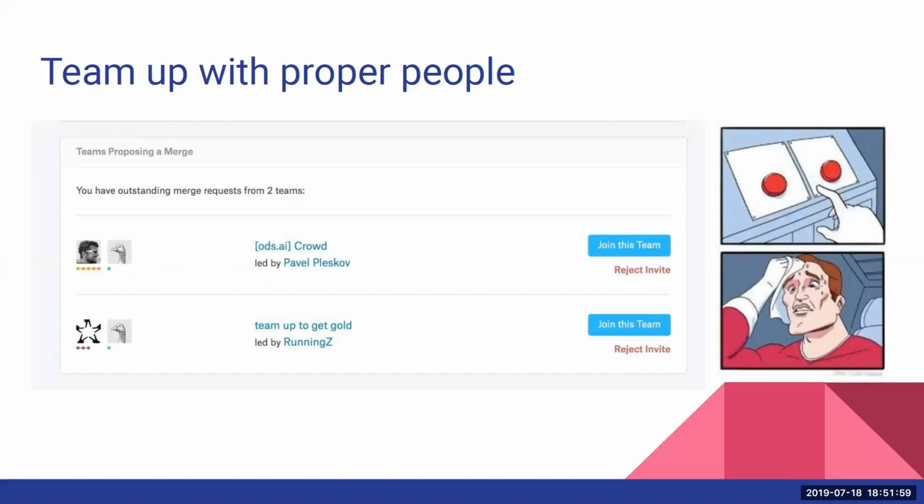About teaming up with the proper people. This is a very nice slide, to be honest. It happened in the very last competition. I had a couple of teams that sent a request to team up. The first one was the people who I decided to team up with eventually, but the other team was very insistent on teaming up with me. And I was like, should I do it or not? Eventually, after the competition ended, this team got banned, surprisingly. So it means you need to be very careful about choosing your teammates.